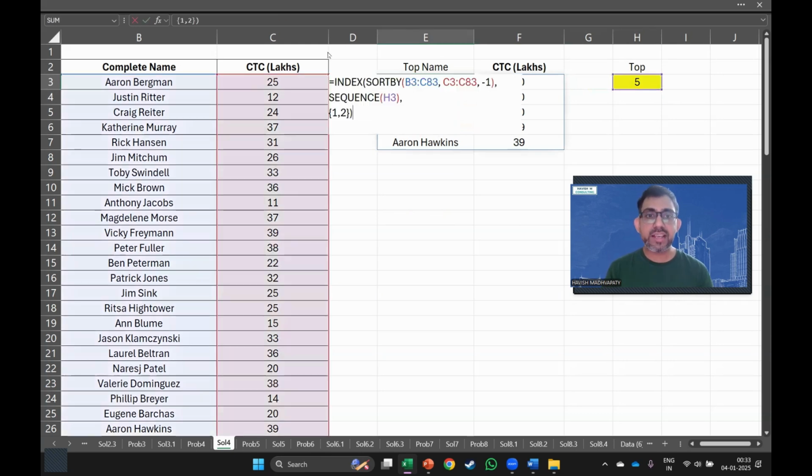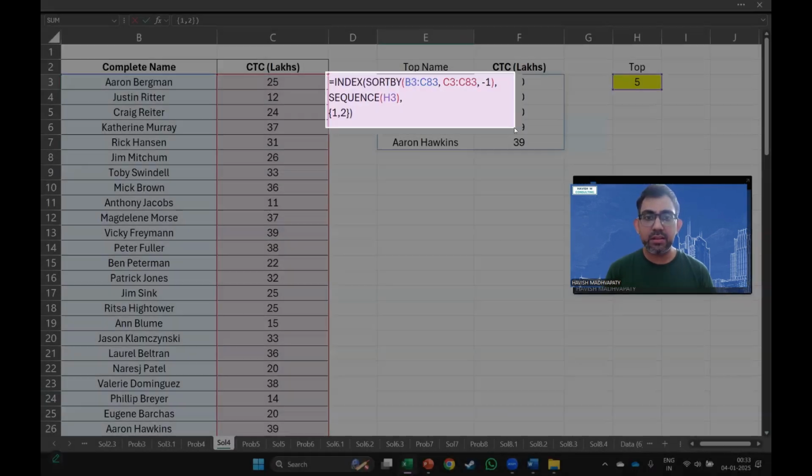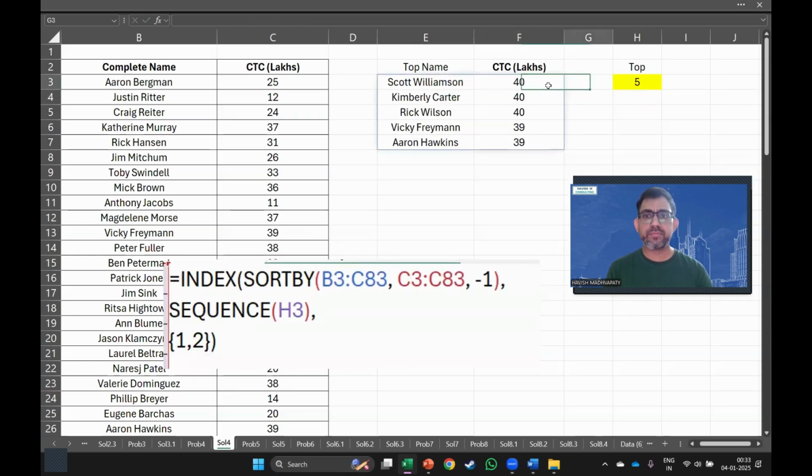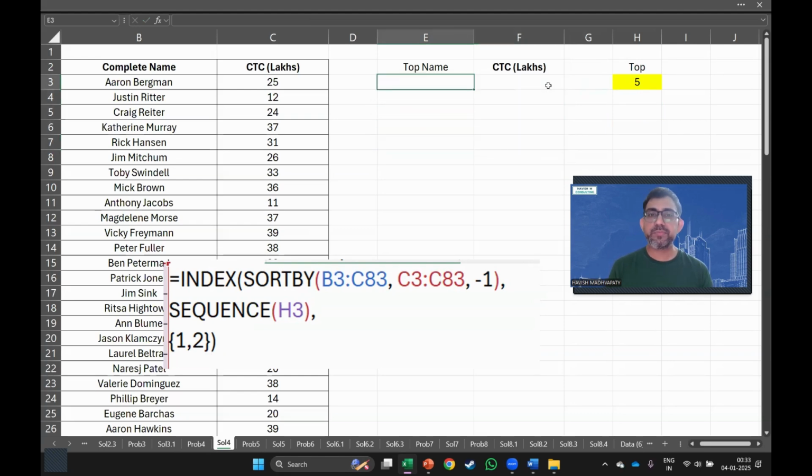So for our reference, I'm going to take a screenshot of the formula, and then we will build it from scratch. The first thing I want to do is use SORTBY to sort